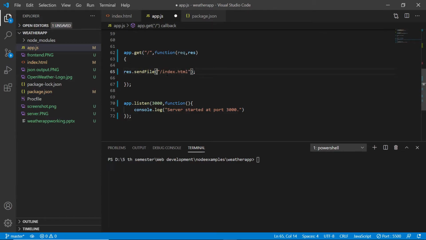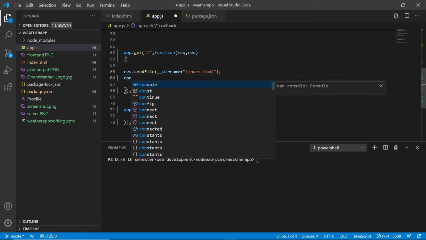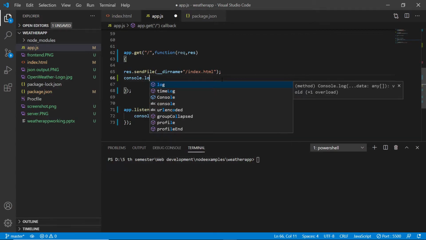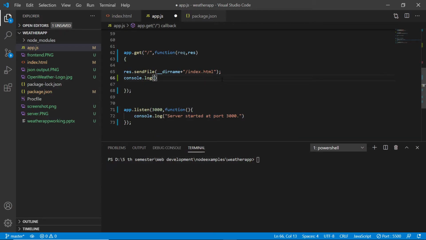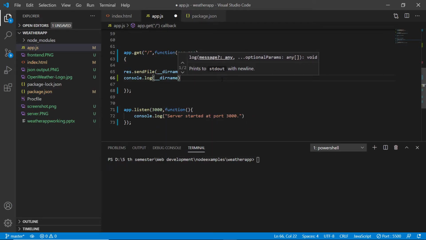We can simply use this index.html as it is in the same working directory. But __dirname gives the current working directory. Let's console log that, so in order to understand that, console.log(__dirname). So whenever there is a get request,